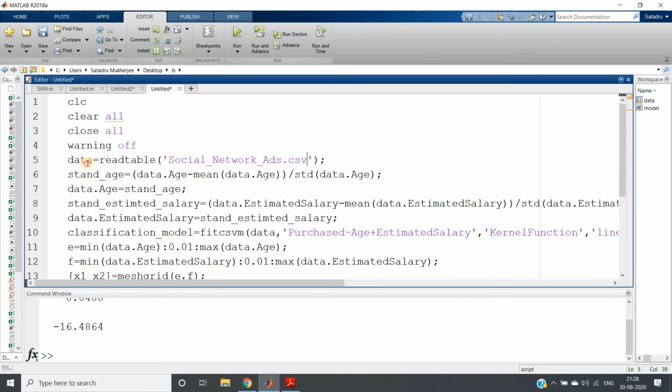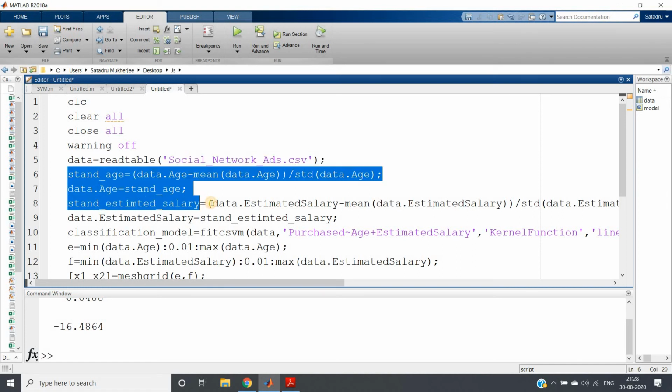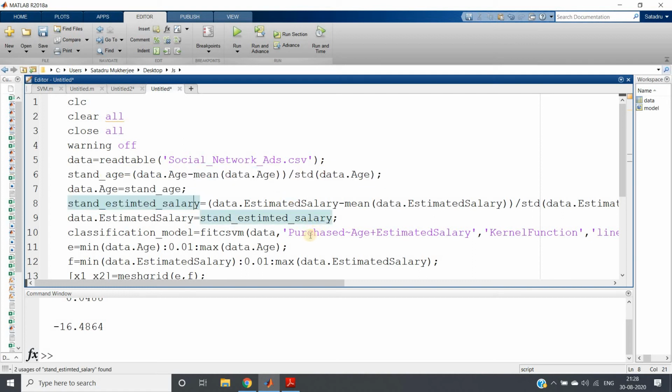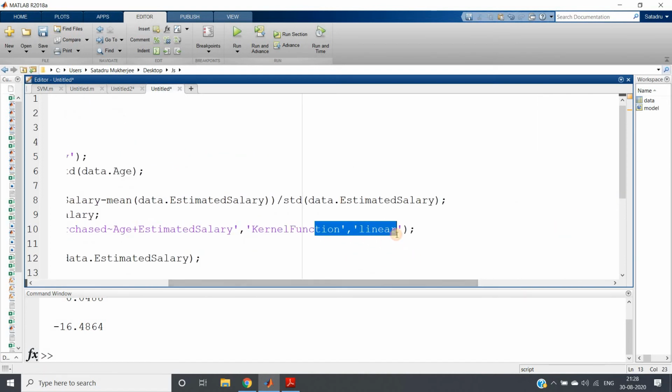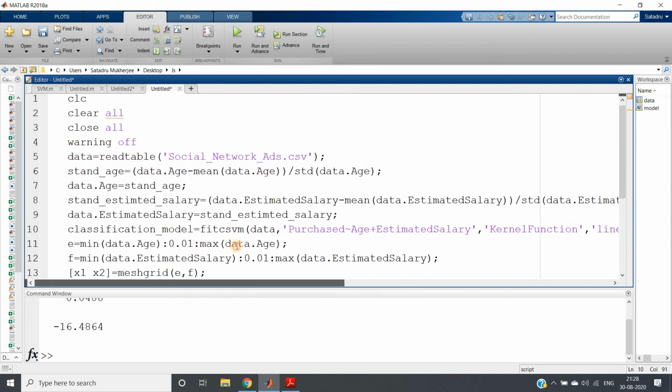Here we have already checked that no null value is present, but we need to do feature scaling of age and salary, and based on that we predict whether a particular person will purchase that product or not. Again, we are not considering the gender part. Here I am taking the kernel function as linear, and if you don't write linear, by default it takes linear only.